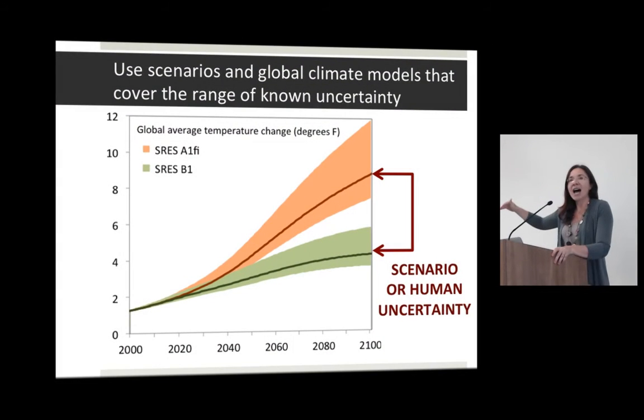In the same way, how many people eat cake and donuts for breakfast every day? I wouldn't mind doing that. But I don't do that because I know what that does for my health. In the same way, if we didn't know what burning fossil fuels would do to our planet, I think there's virtually 100% chance we'd be on a higher scenario because we wouldn't know what the consequences were.